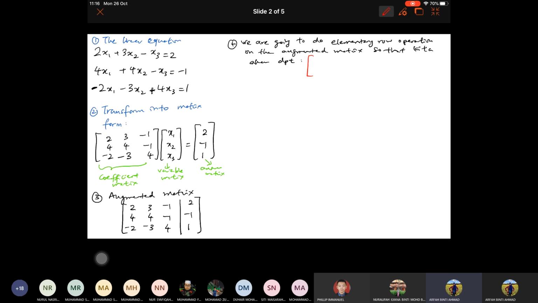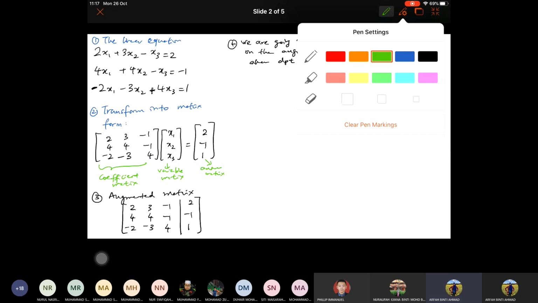Our aim is to transform the matrix so that you have the matrix that have element on the first diagonal. The second element will be 0, and then this one, this one, this one. Okay. So yang ini ada value. So kita nak dapatkan 3 kosong